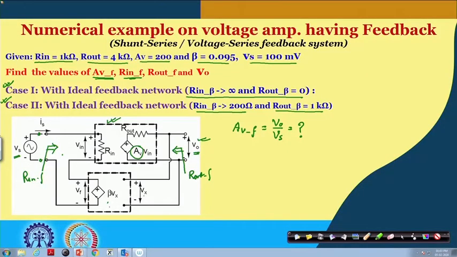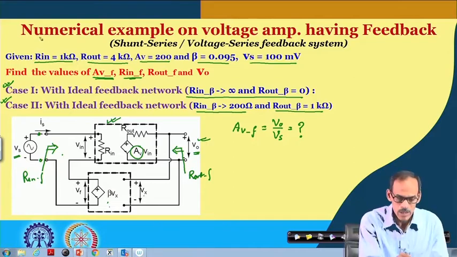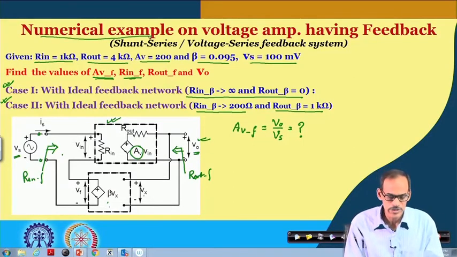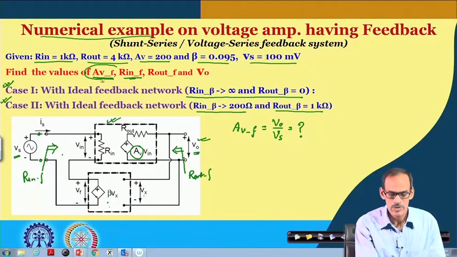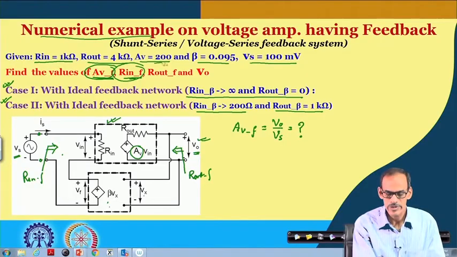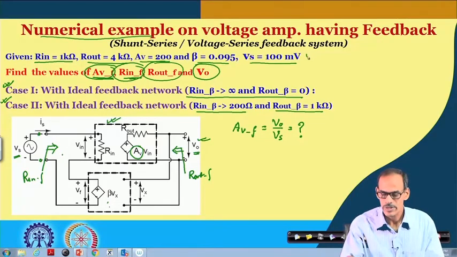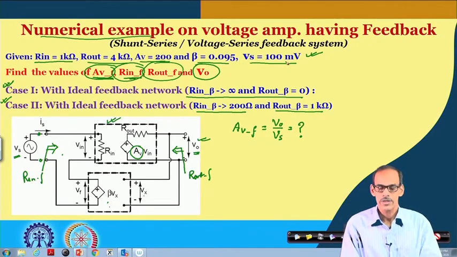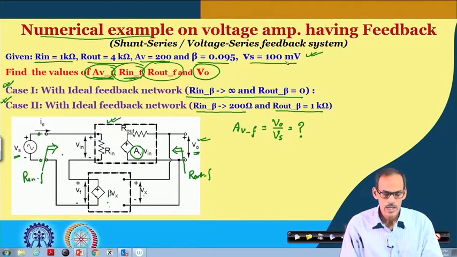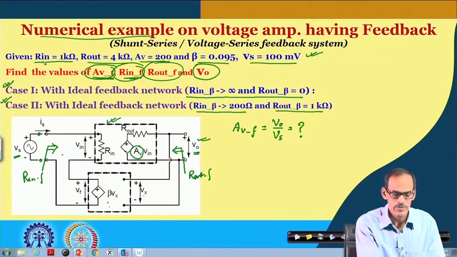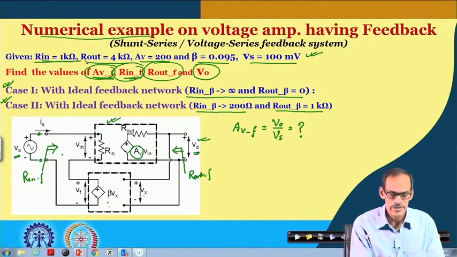Here we do have a numerical example, and what is our objective here? It is that we need to find the voltage gain of the feedback system, input resistance, and output resistance of the feedback system, and the output voltage for an input or signal voltage of 100 millivolt. The parameters of the feedback system are given here: input resistance and output resistance of the forward amplifier, and the gain of the forward amplifier, which is 200. For the feedback network, the feedback factor is